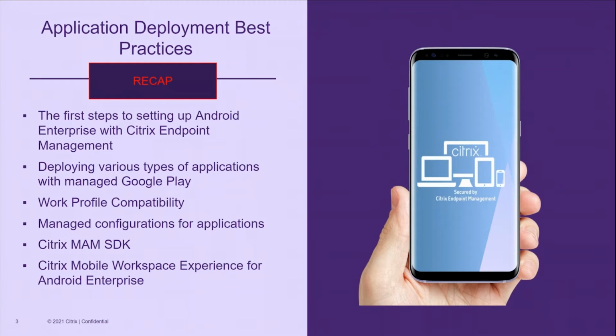Thank you very much, and welcome everybody to our second part. Just before we jump on to the agenda for the second part, I wanted to give a quick recap of what we discussed last time. Last time around, we discussed the basics of setting up Android Enterprise with Citrix Endpoint Management, the different types of applications that you can actually publish with Managed Google Play,